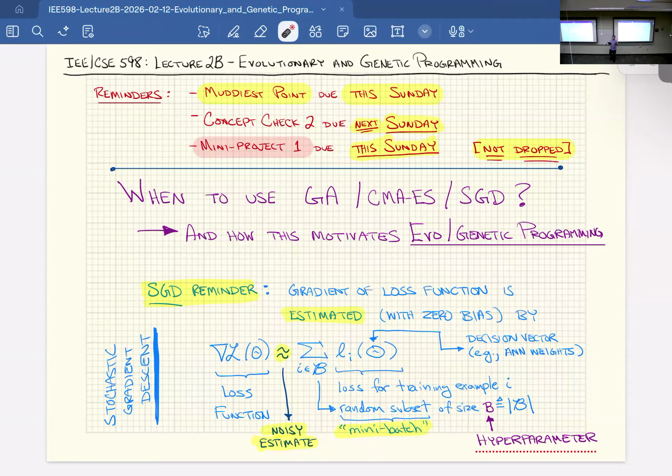So the dynamical mechanisms are very different, but the end effect can be very similar. So that is just as background. As our character foil, the thing we're comparing against, this is a reminder of what we mean when we talk about stochastic gradient descent. Of course, you need the gradient to be able to do that. All right, any questions about that? So just a review for anybody who's taken a course on neural networks or basic machine learning.